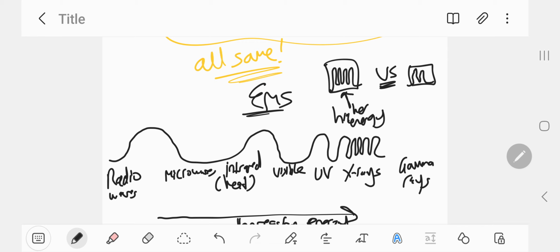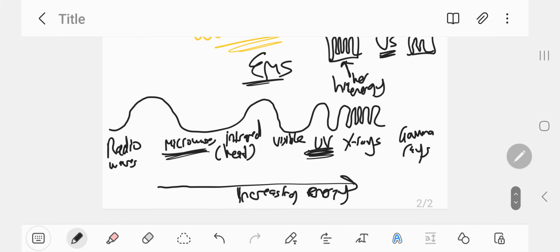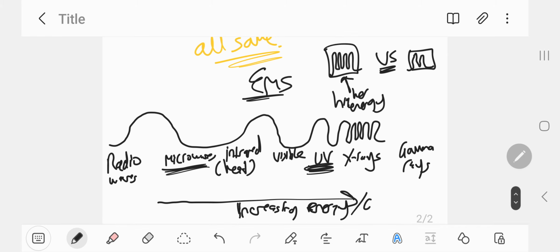Why are they high energy? Because they've got more peaks. This wave most likely will cause more damage to me than, let's say, the wave on the right, where there's just 2 peaks, less energy. So it's basically a measure of how many peaks you can cram into a space. This is why UV, ultraviolet radiation, causes skin cancer as opposed to microwaves, because there's more peaks. Increasing energy, aka decreasing